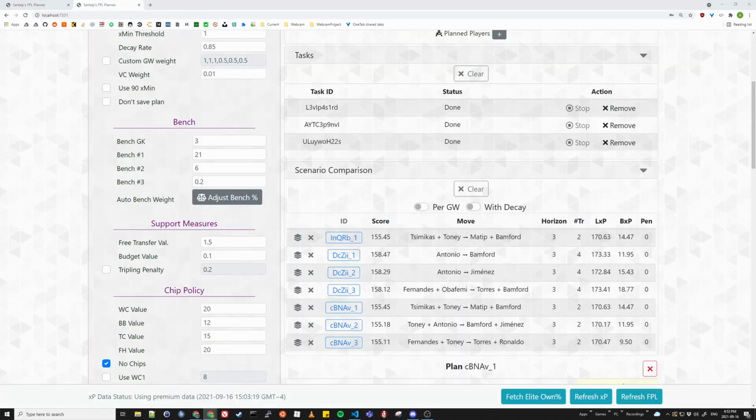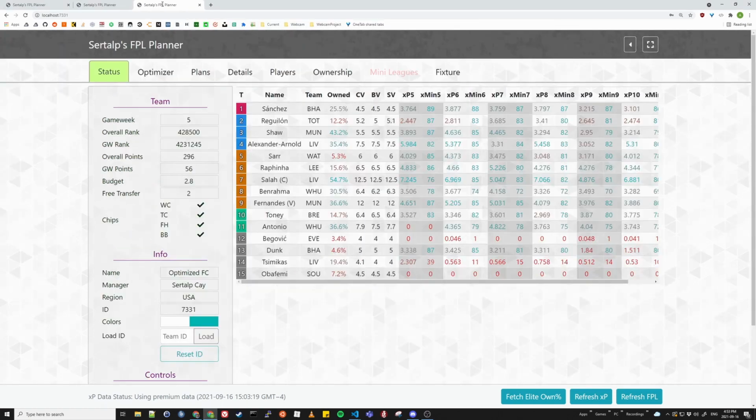And also, let me open another tab here. We have only a few minutes left, I think. But I will run a scenario here, so we can go through it together. So this is my current team, and as you see, Antonio is obviously not playing. And then looks like,